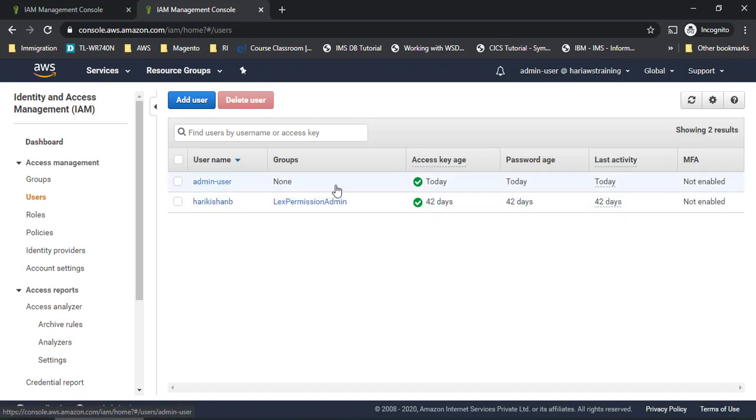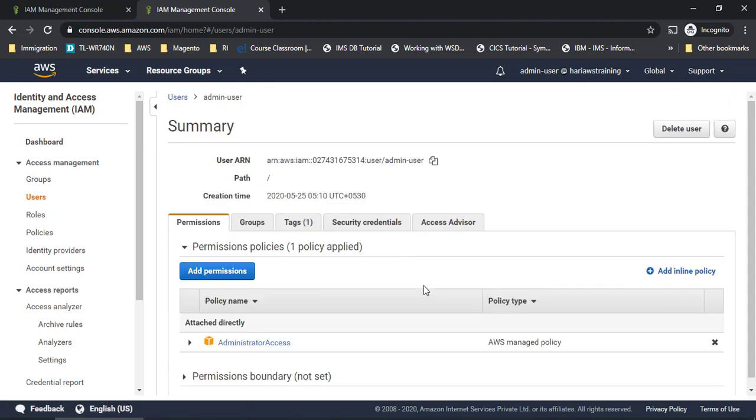So I'll go to this one. It is created today. I don't have any groups assigned to it. Okay, what are the other details we have? So password and also many things are given here, right? MFA and all. MFA not enabled. So what is MFA and why should it be enabled, right?